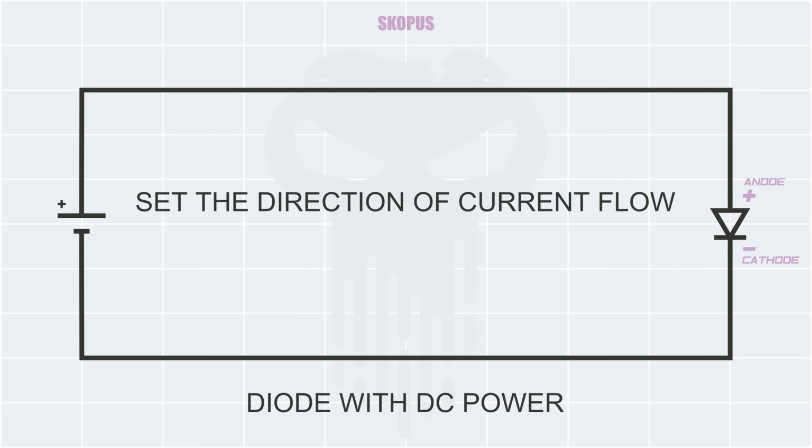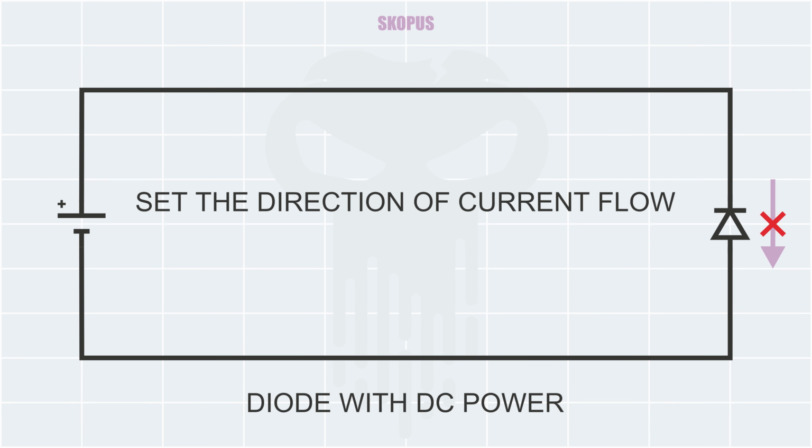Next up, we got diodes. Diodes usually have two pins, anode and cathode. Diodes allow electricity to flow from anode to cathode. In this case, they can allow electricity to flow from the positive side of the circuit to the negative side. Because the current starts at the positive side of our circuit, goes through our diode and goes back to the negative side of our DC power source.